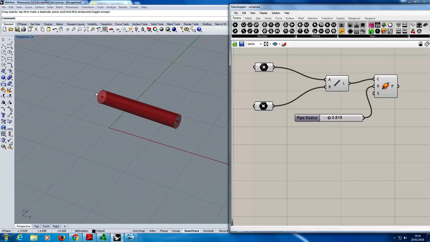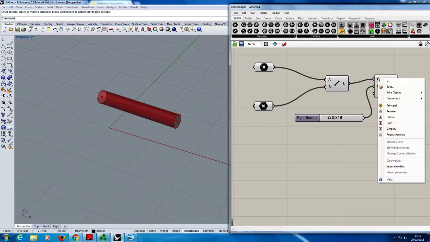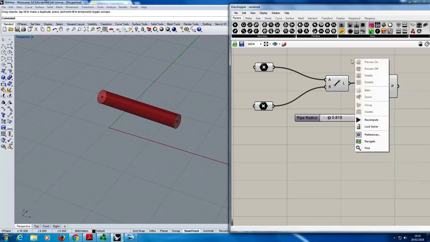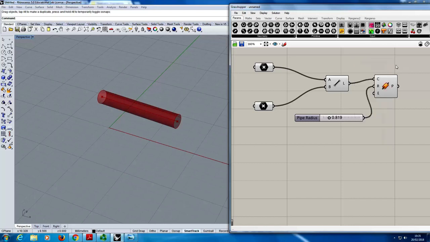So to bake something, let's say I want to bake this tube, I can go to the component, hover my mouse over the middle part of that component. So it's important the part of the component that you click on. If you click on the middle of the component, then you'll get the context menu for that component itself. If you right click on one of the inputs, then you'll get the context menu for that input. If you right click just on the canvas, then you'll get the general context menu for the whole Grasshopper canvas. So make sure you right click in the middle of that component,